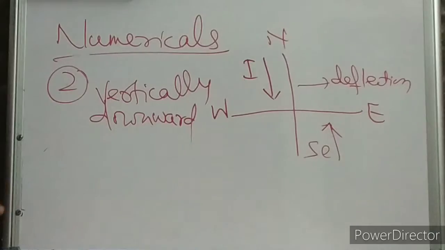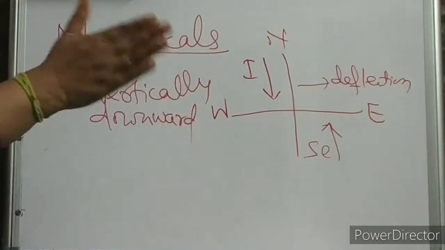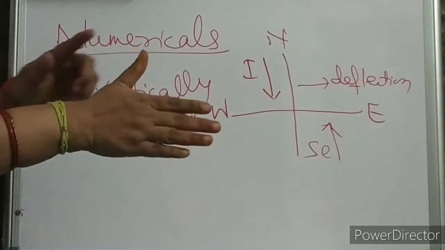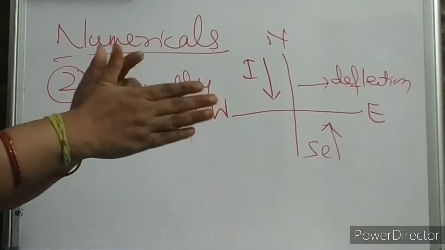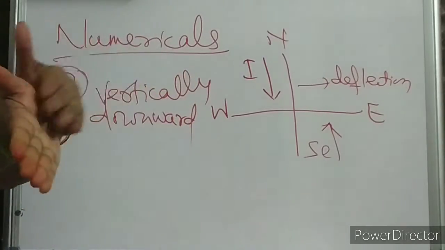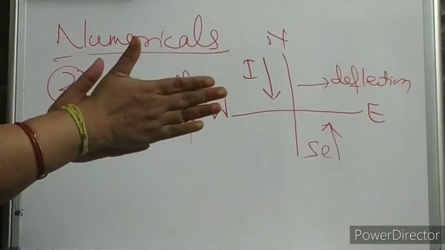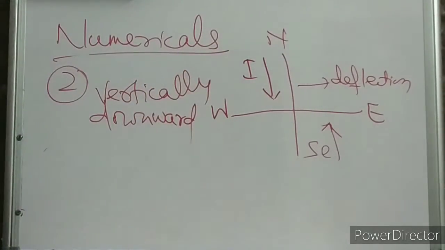How will you try? What is the rule? So this is your right hand palm. Okay children, this is your right hand palm. What is the direction of this? This is the direction of the current, thumb. Finger is the direction of the magnetic field. And the palm, in which way palm faces, that is the direction of the force. Now in this case, what we will do?